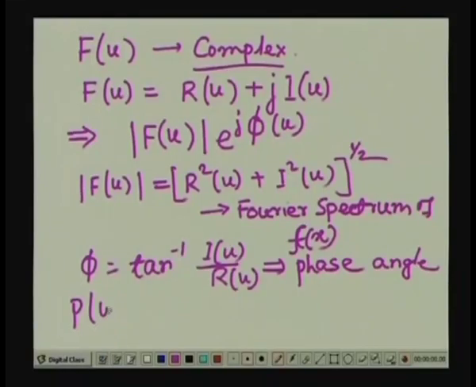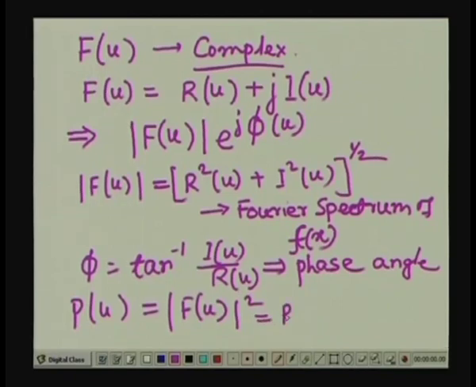Now, there is another term which is called the power spectrum. So, the power spectrum of the function f(x), which is also represented as P(u), is nothing but F(u) magnitude squared, and if you expand this, it will be simply R squared(u) plus I squared(u). So, we get the power spectrum, the Fourier spectrum, and the phase angle from the Fourier transformation coefficients. And this is what we have in case of a one dimensional image, because we have taken a function f(x)